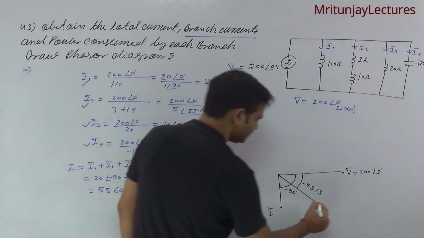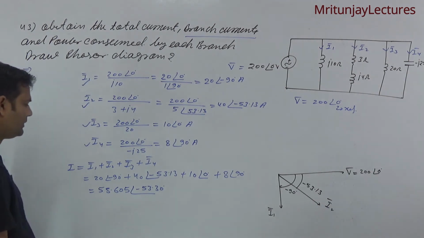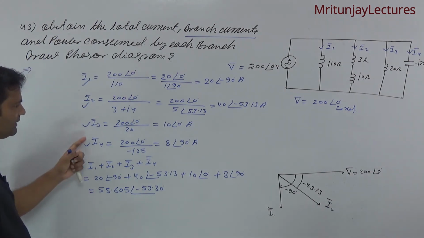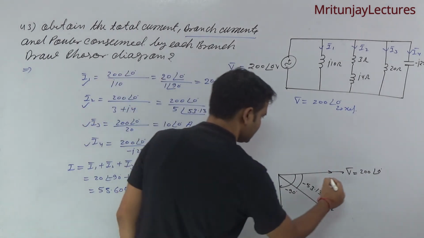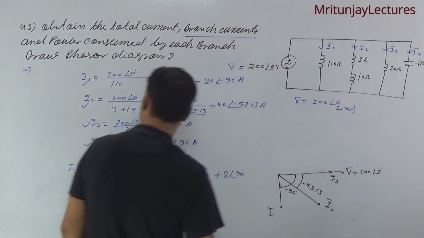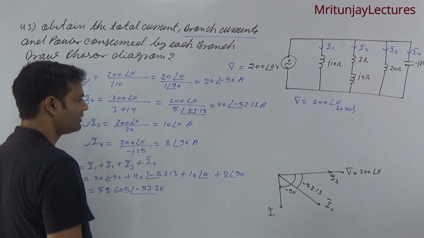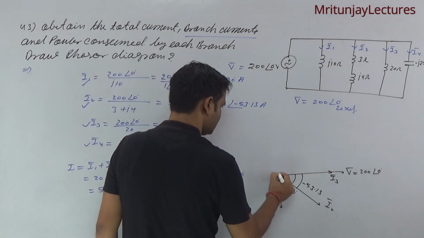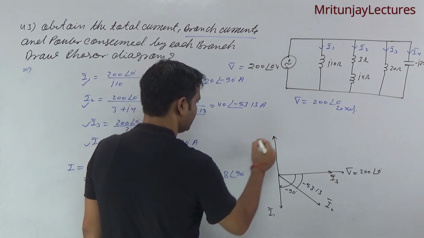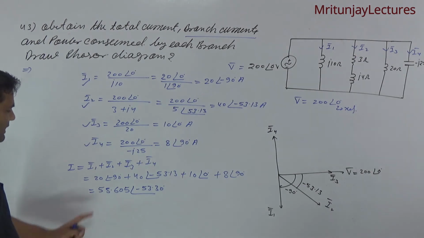And this is I2. Okay. And what about I3? I3 is like this one, that is I3, because of 10 at the angle 0. Now I4 is 8 at the angle 90 degrees, that is I4. Clear? Now the last one, what about I, the resultant of these four, that is minus